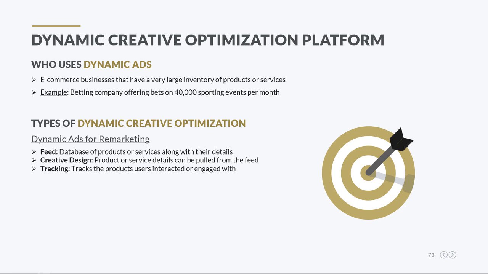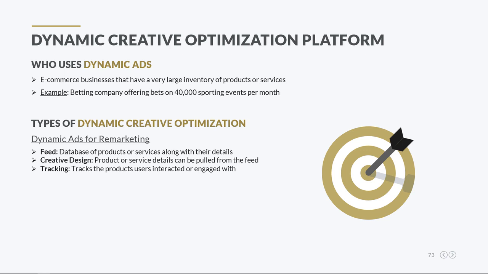When the goal is to run dynamic remarketing ads, advertisers must work on three main components: the feed, creative design, and tracking. A feed is pretty much a database of products or services an advertiser plans to promote with dynamic ads. The feed contains details about each product or service like price, image URL, and landing page URL. Once the feed is uploaded to the platform, the advertiser could then pull product or service details from the feed